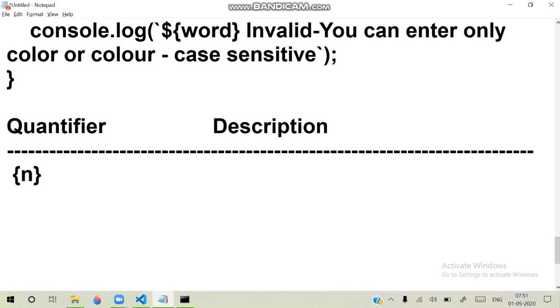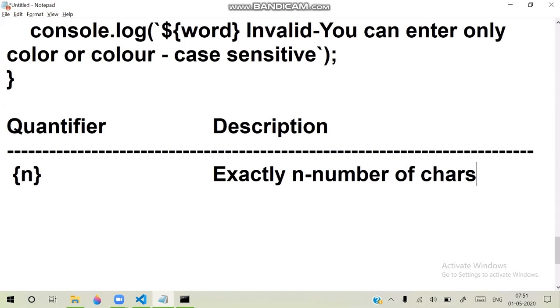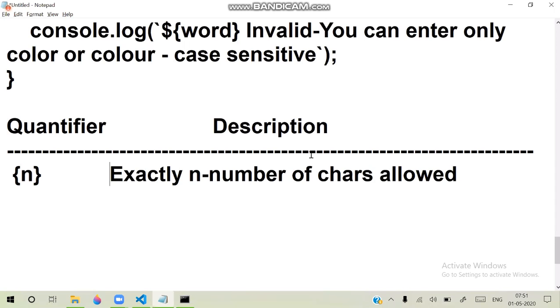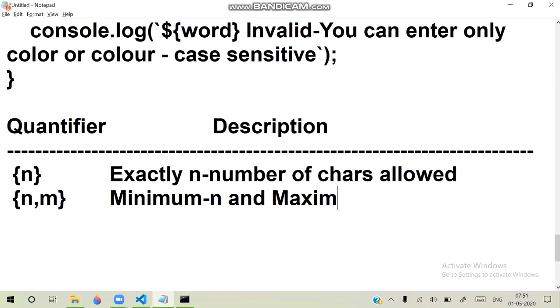It specifies that exactly n number of characters allowed, not less or greater. If I say n comma m, that means minimum n and maximum m. And if I define n comma without any value, this indicates minimum n, and